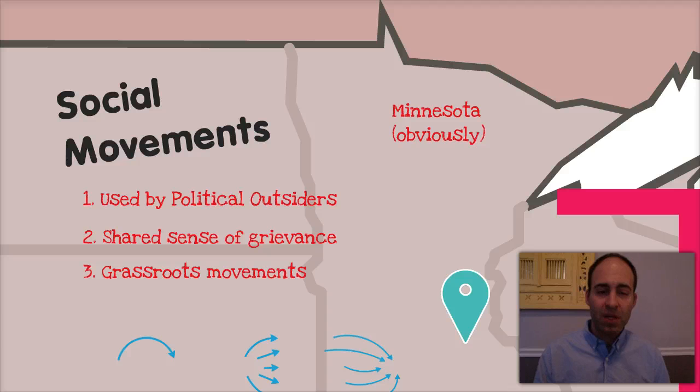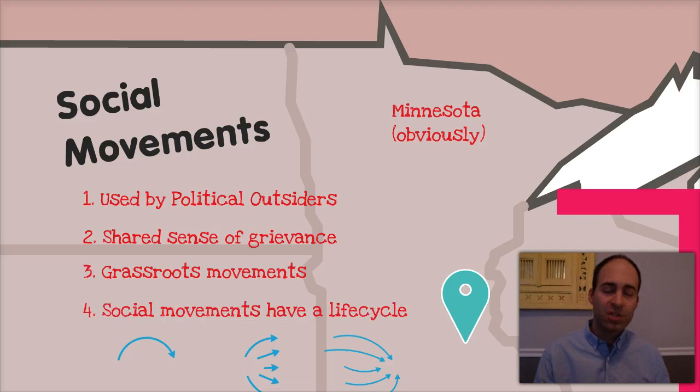Third is a mass grassroots movement. Social movements are grassroots movements, meaning that they're movements directed by the people who are part of the community looking to make social change. They're not directed by traditional power structures, a hierarchy. It's not someone on top from Washington, D.C. or from the state capitol that's making these directions. Ultimately, it has to do with the people that are involved directly in that shared sense of grievance. So you see leaders emerge, but generally these leaders are from that community or from those communities that are sharing this perceived sense of inequality or injustice.